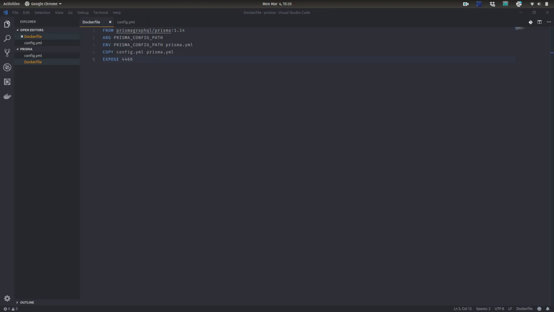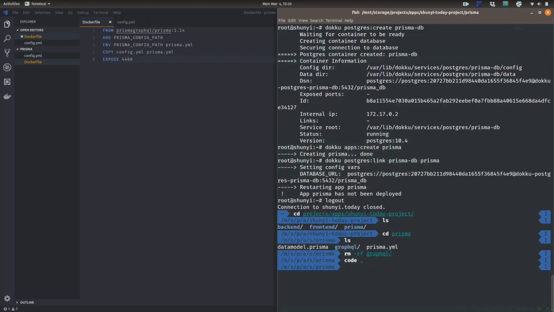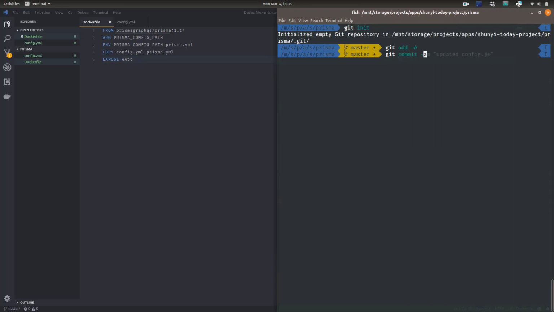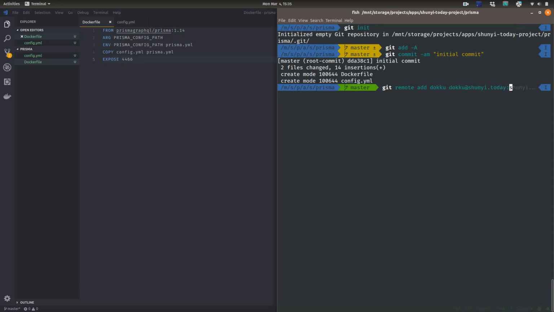To deploy it, we've got to actually initially commit this and then push it up to Dokku. So let me go back over to my command line, and let's git init and git add everything, git commit -m initial commit, and then we can git remote add dokku dokku@shunyi.today,